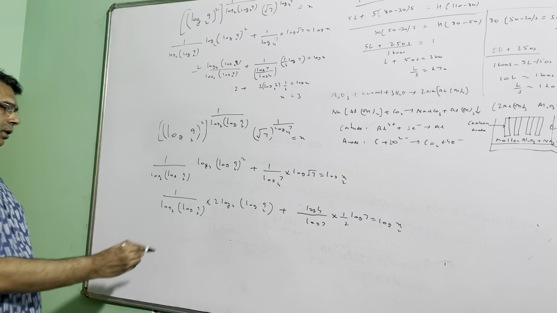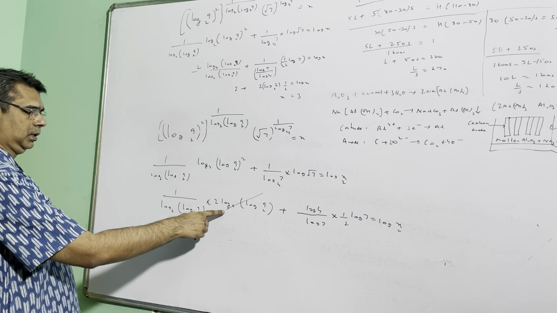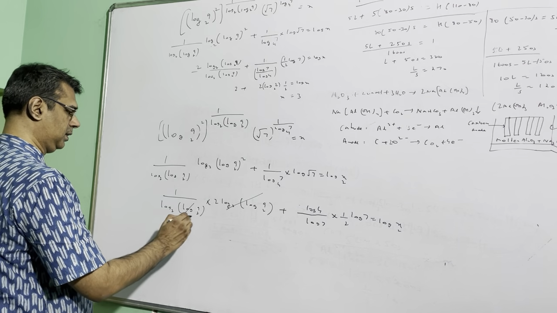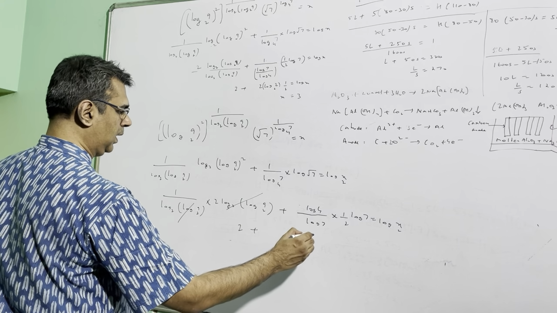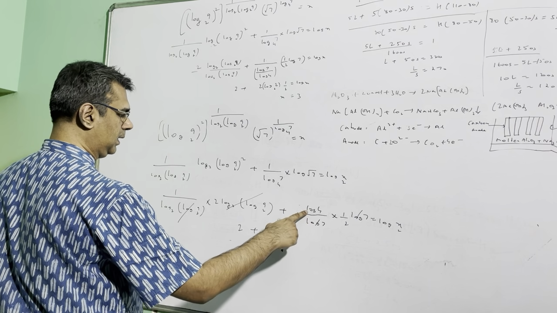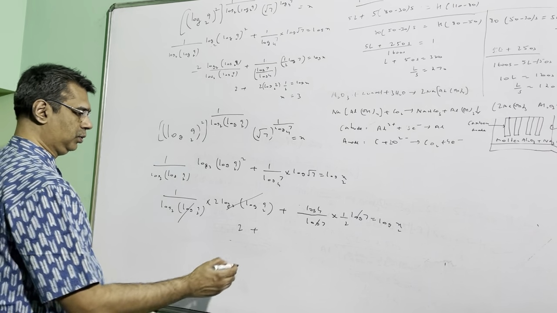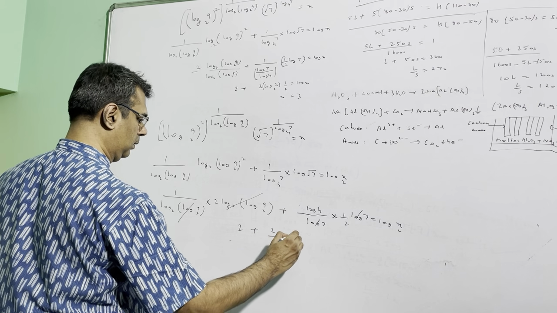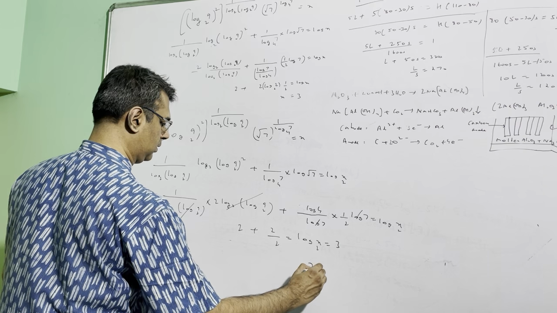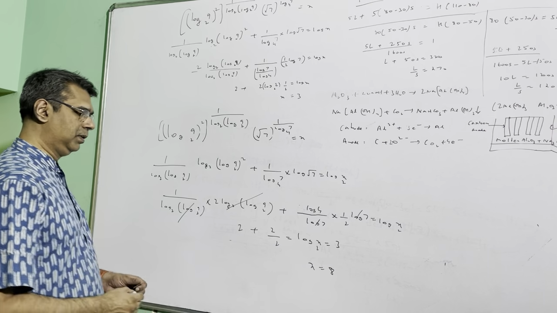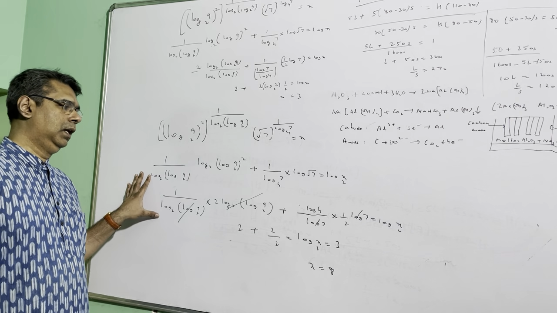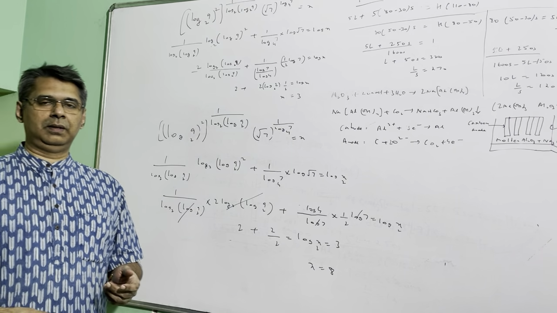Now you can see that log 9 base 2 is cancelling with this, so you are getting a 2 here, and log 7 is getting cancelled. Remember that log 4 you have taken to the base 2, so it will be 2. So 2 by 2, and ultimately this is log x base 2, and 2 plus 1 is 3. So x will be 2 to the power 3, that is 8. So the answer of the maths question, which is from logarithms, is 8.